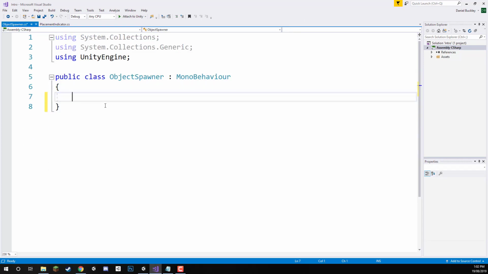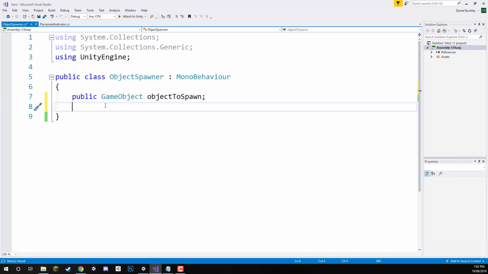Now the first thing I'm going to do is add in a few variables. The first variable is going to be the actual object that we want to spawn, so we'll create public GameObject toSpawn, and then we also need to have the placement indicator. We need to know what the placement indicator is, where it is, for when we start spawning objects. So I'm going to create a private PlacementIndicator variable right here,